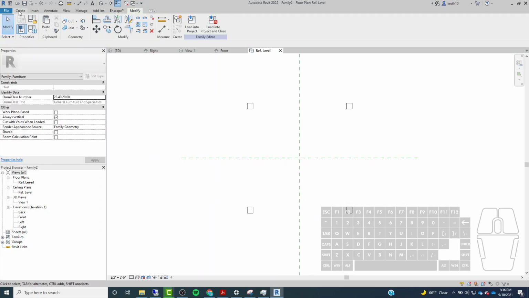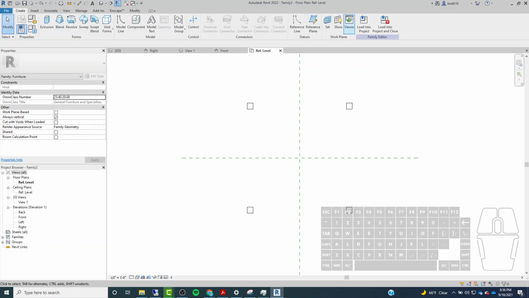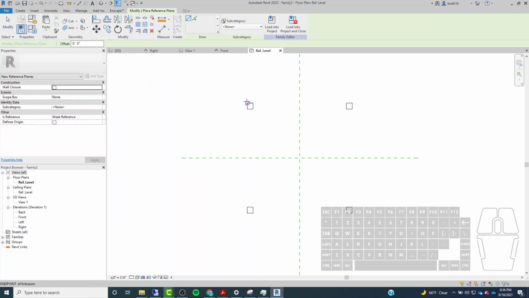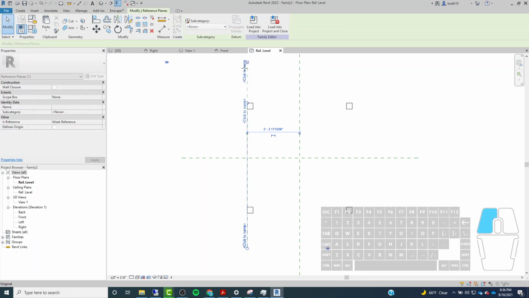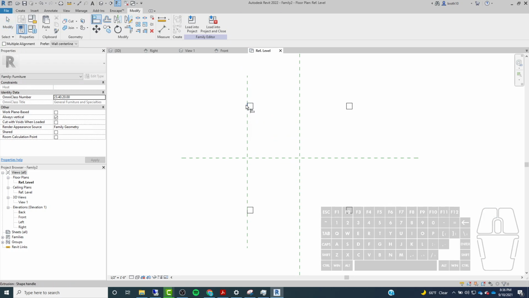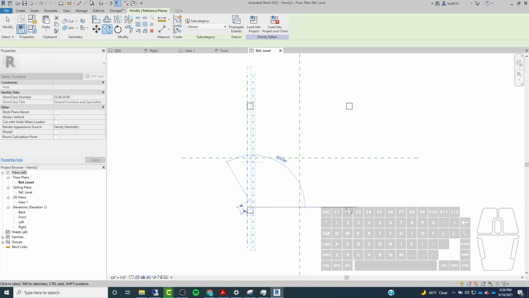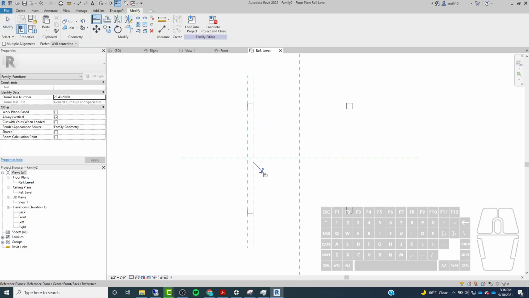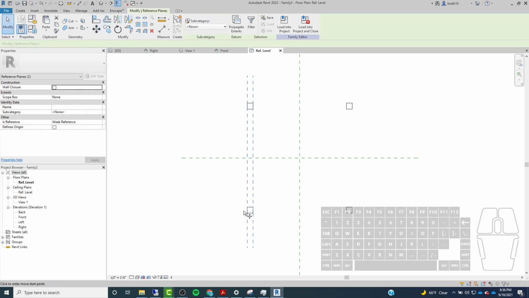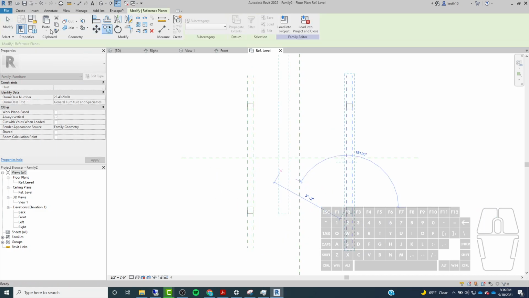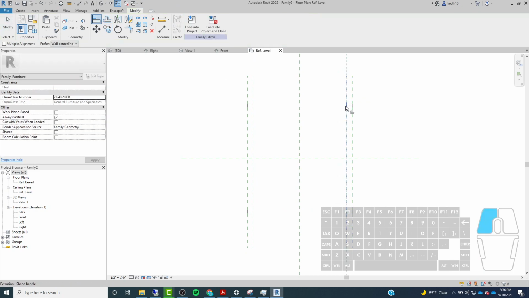Okay, now that I have that, I'm going to create my reference planes. So you need a reference plane on every single edge of these legs. So I'm going to create one and then align and lock them. And I'm going to copy it, repeat, then copy these, align and lock,